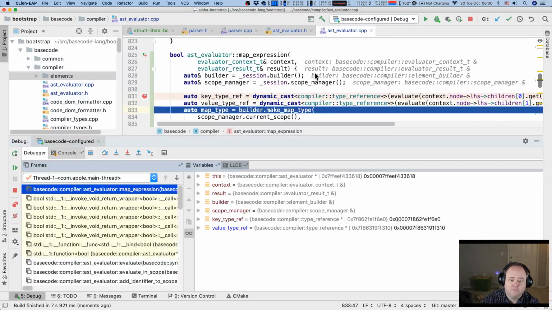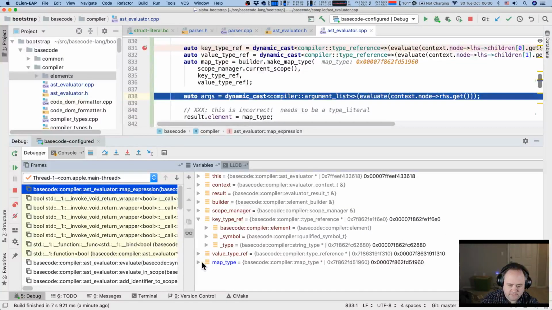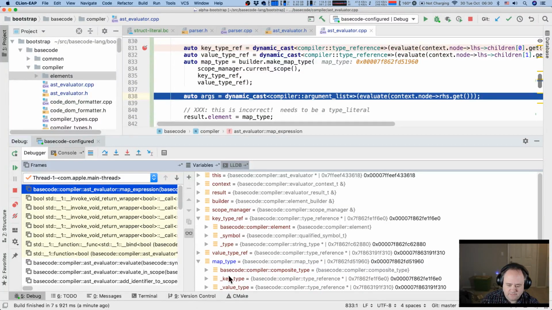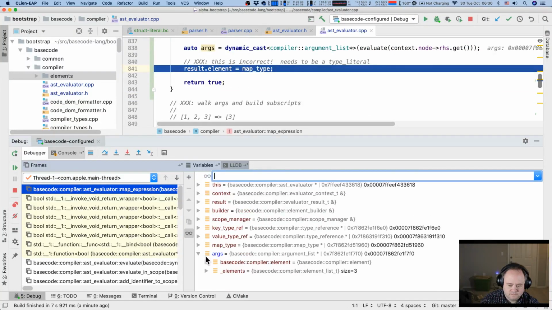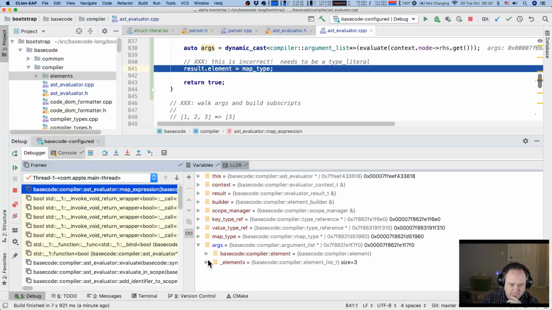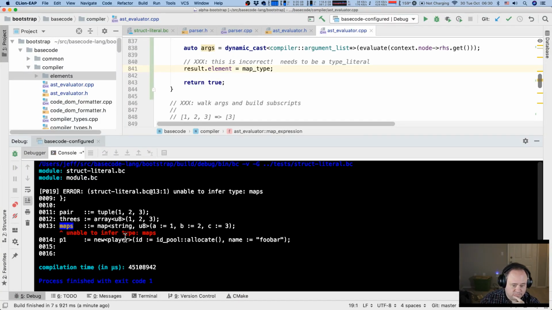Okay, here we go. Yay. String and e-weight. Good. And we get a map type. We did. Yay. Yeah, okay. Interesting.